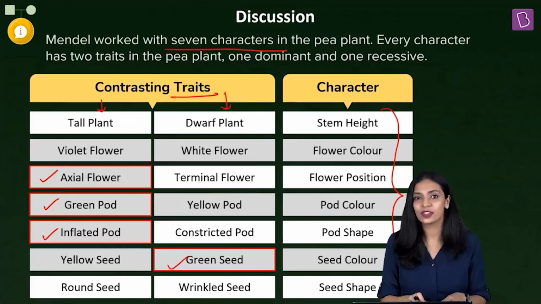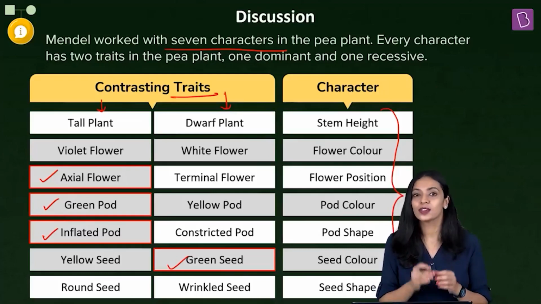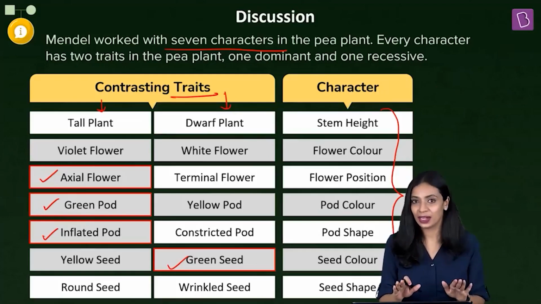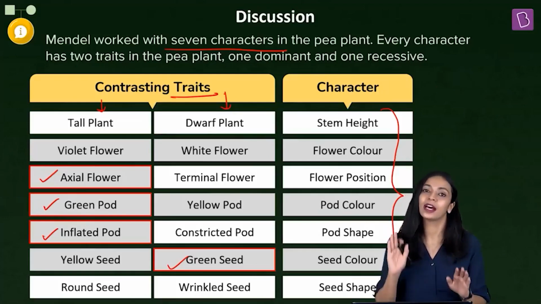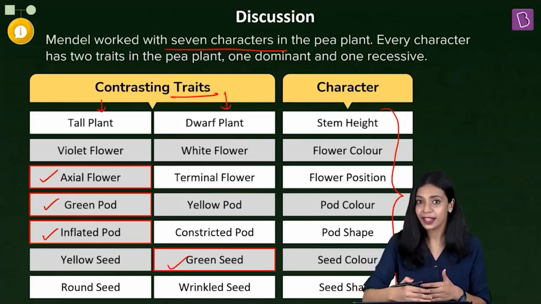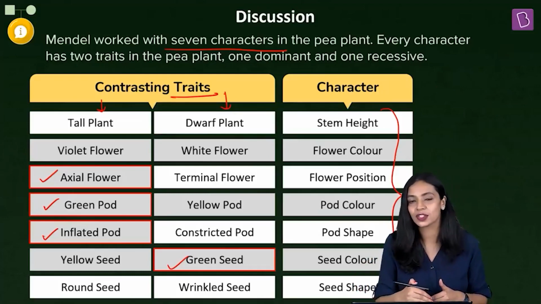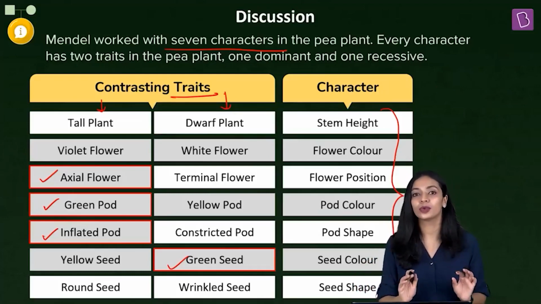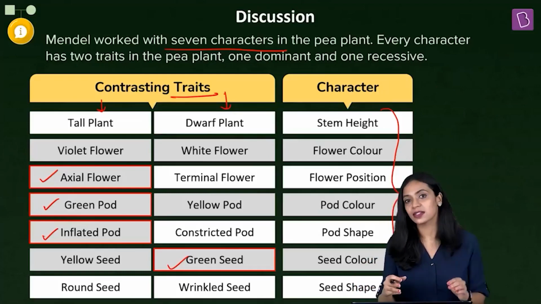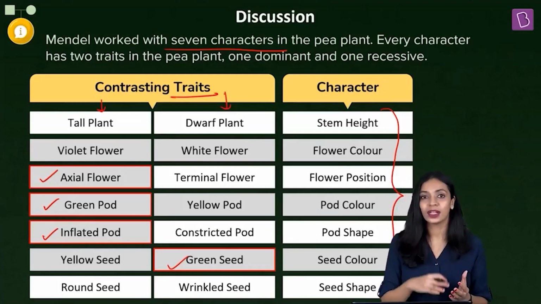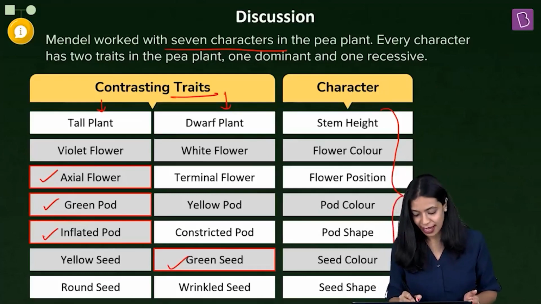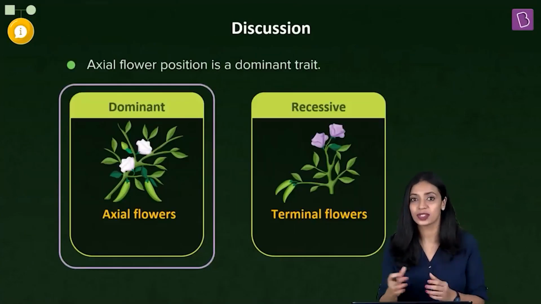Now, in order to answer this question, we must be aware of what is recessive, right? So, of these 2 contrasting traits, if you are crossing 2 pure lines, okay, so 2 pure line plants that both have contrasting traits, then in the resulting offspring, which we call the F1 generation, you can find only one of the 2 traits being expressed. So in the F1 generation, whichever trait is expressed is considered to be the dominant trait, and whichever one fails to express in the F1 generation is considered to be the recessive trait. And in the question, we are asked to find out which is the recessive trait.